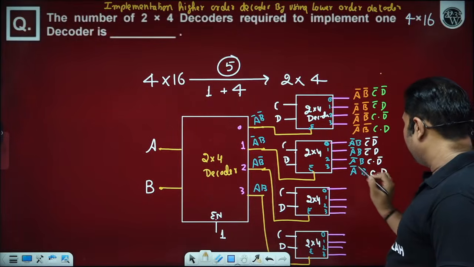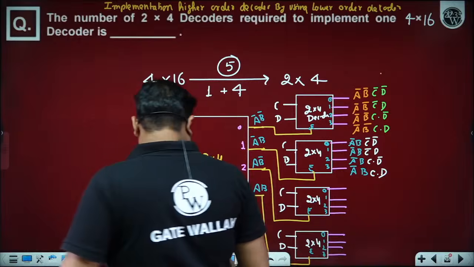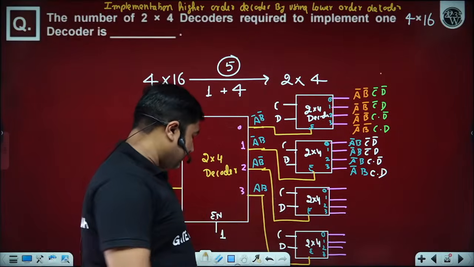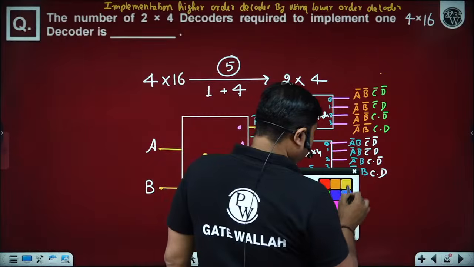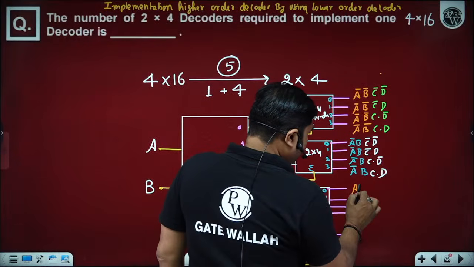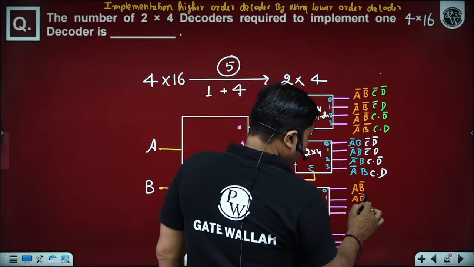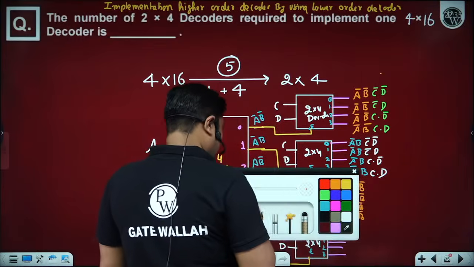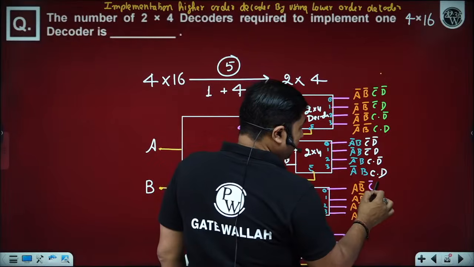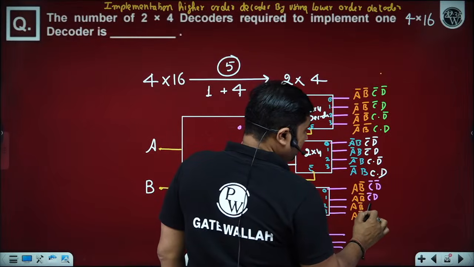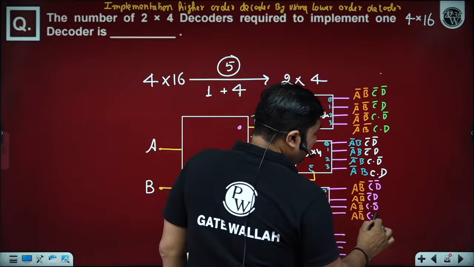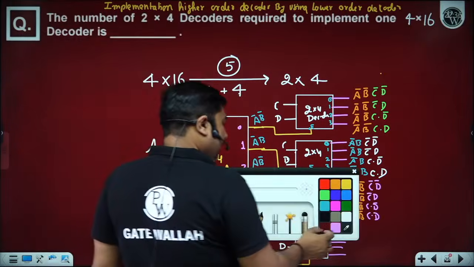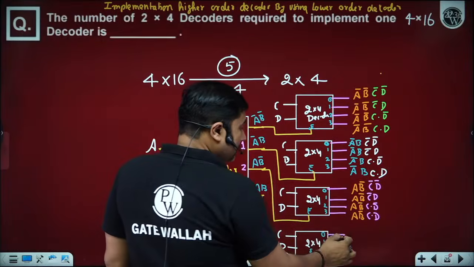How many of you able to understand, beta ji? In the same way, if you observe here, A B bar is connected with the third. So A B bar, depending upon C and D, one of the output lines will become logic 1: C bar D bar, C bar D, C D bar, C D. How many of you able to understand beta ji? Please let me know by writing in the comment section. Great, sir. Same for the last.